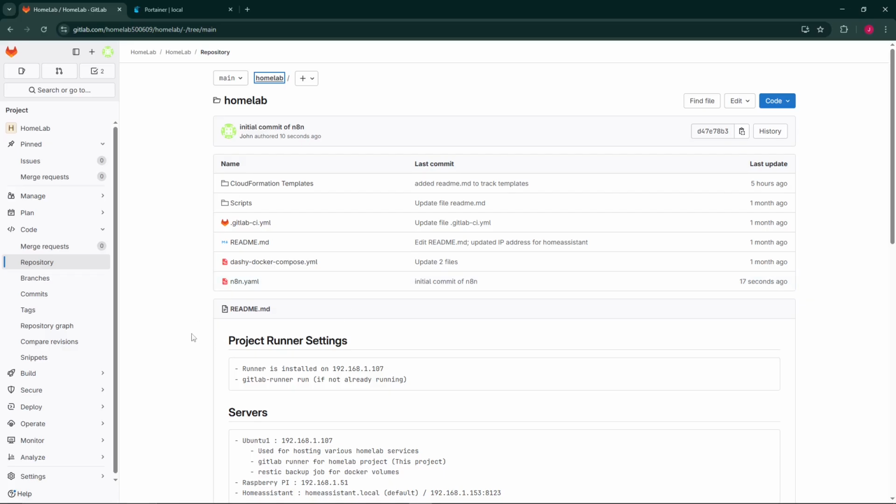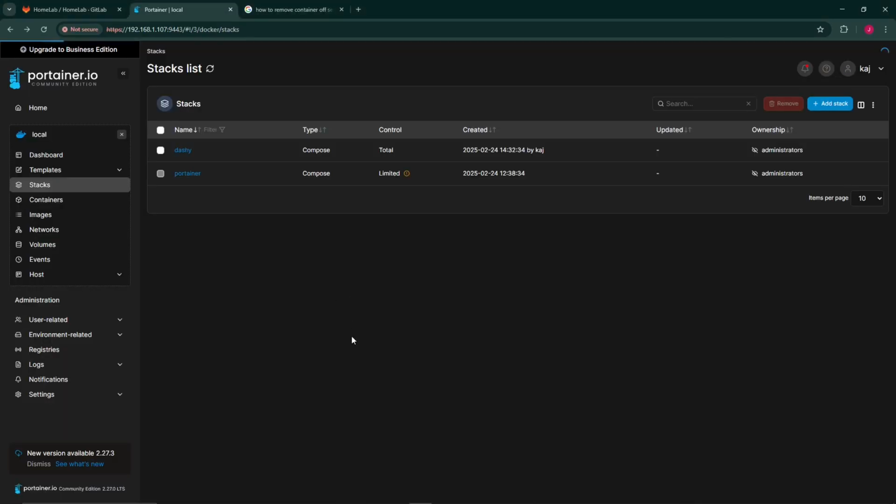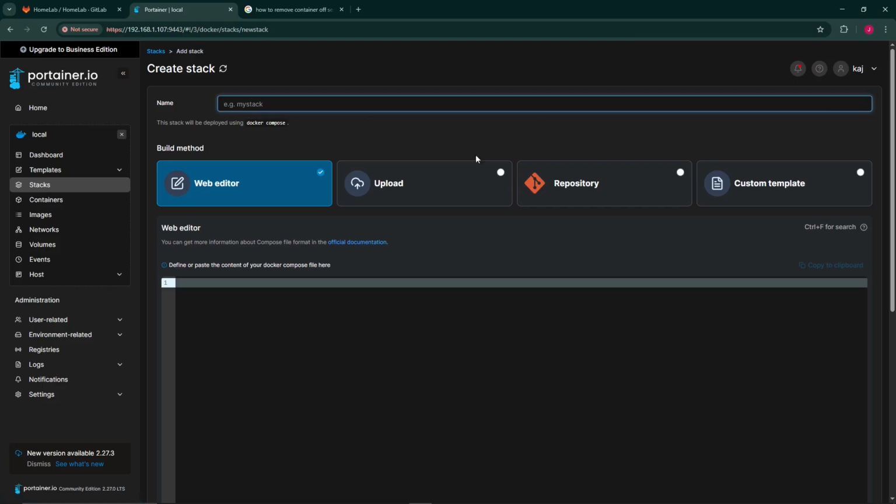So let's go ahead and open up Portainer. All right, so what I did just off the video, I went ahead and I just killed and removed those containers from our server. So now we're starting fresh, and we do not have that listed in our Portainer. So we're gonna go ahead over to add stack, and then we're gonna